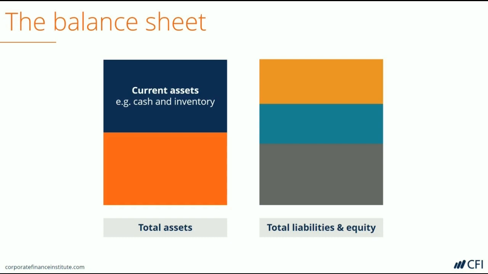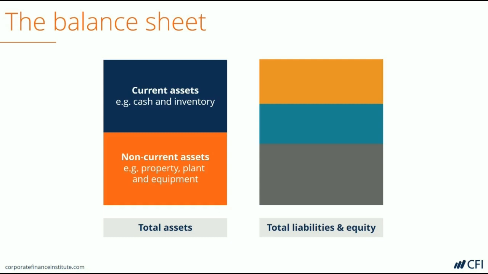The first is current assets. Current assets are assets that are expected to be used within 1 year's time. They include things like cash, inventory, and accounts receivable. The second category is non-current assets. Non-current assets are expected to last more than a year's time and include things like property, plant, and equipment,